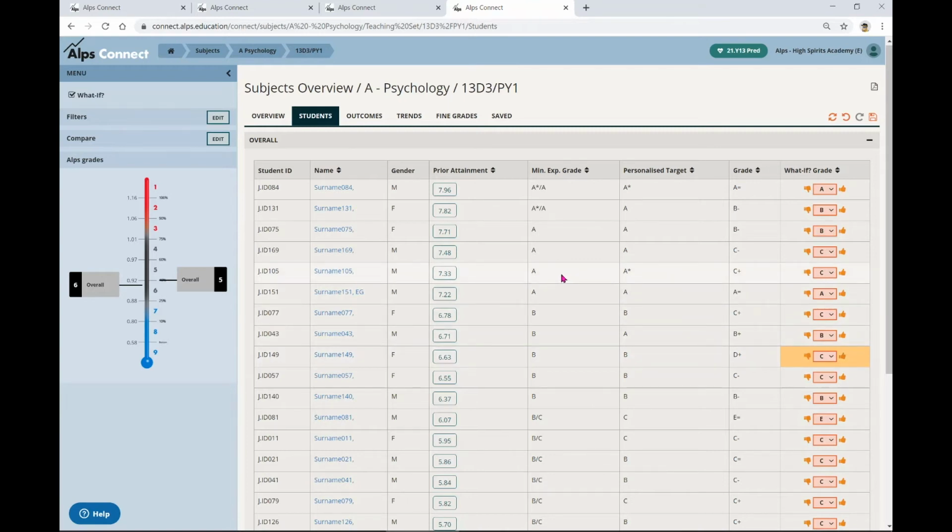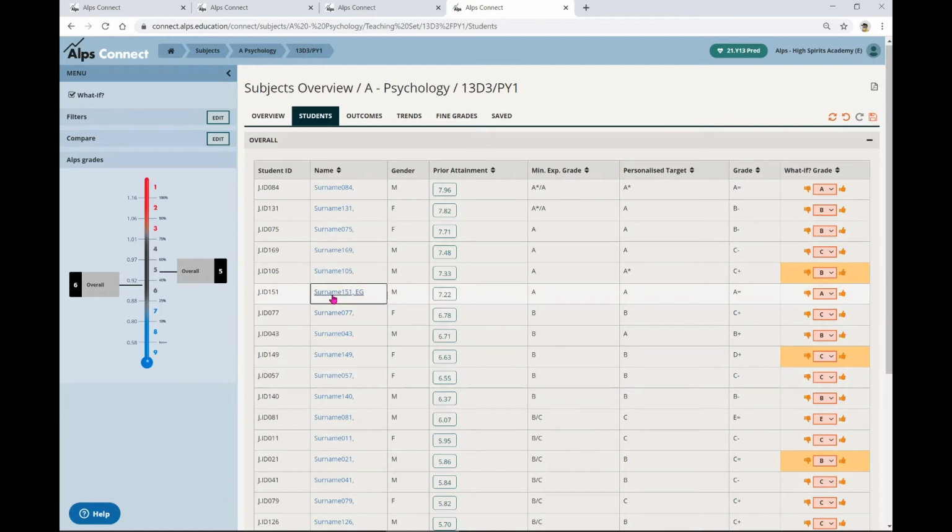Similarly here, I've got a student who, according to the most recent work, lost quite a lot of time and working habits during lockdown. I'd said a high C, again, maybe that was a bit harsh, maybe that's a B. And you can begin to see how you can build up. Now, you know your students, and what's really important is that we focus on the students themselves, but we can certainly start to model how that might look if these are the students that I'm going to focus on between now and next January. I can save that and come back to it.